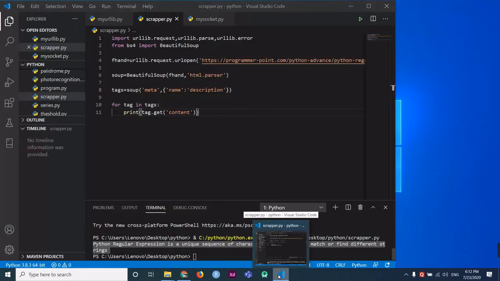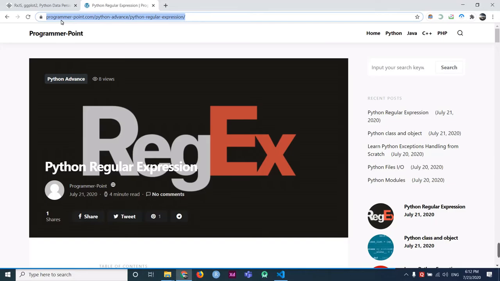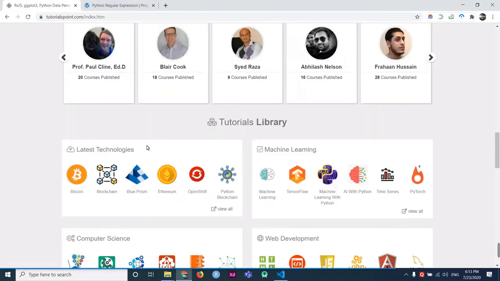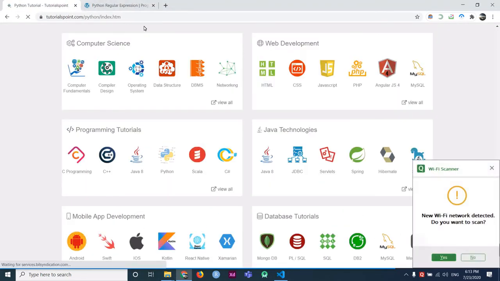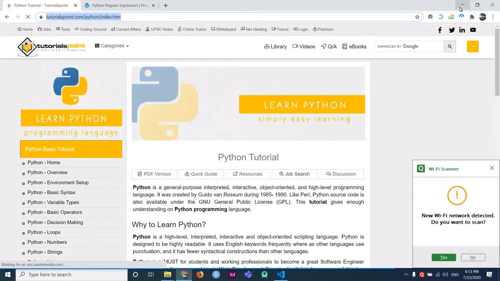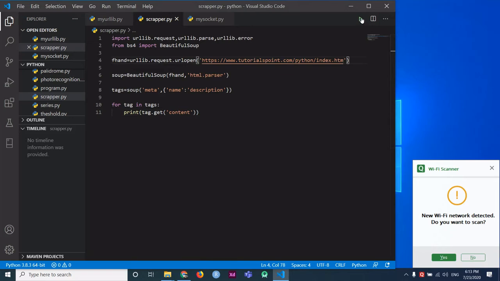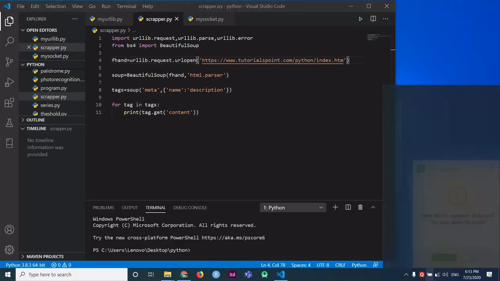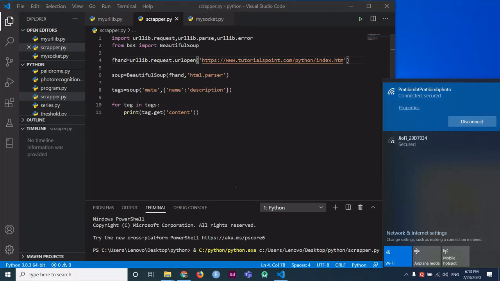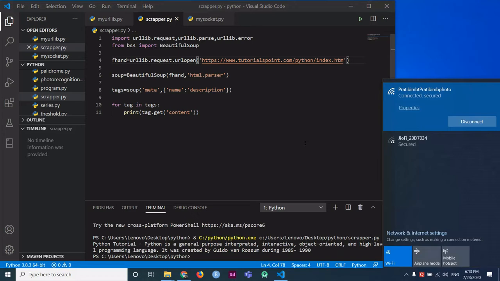Okay, now let's check the keywords of Tutorials Point. We can try to scrape the page keywords. Let's copy the Tutorials Point website URL and paste it here. Let's check. Oh, sorry, here not description.